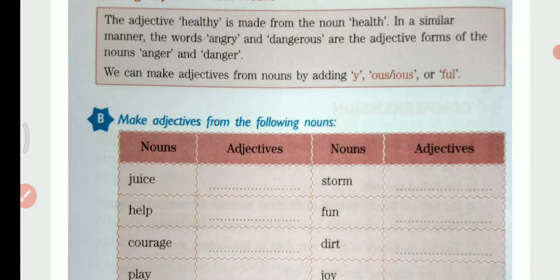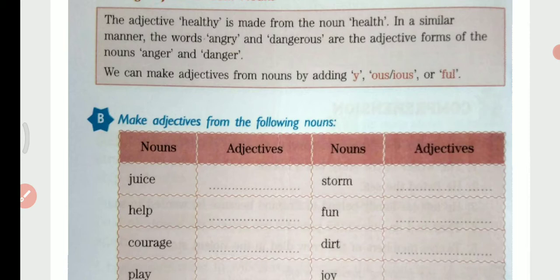See, first of all, what do you mean by an adjective? An adjective is a word that describes a noun. कोई भी ऐसा word जो noun को describe करता है, that refers to an adjective. For example, I have long hair. In this sentence, hair is the noun. Long is the adjective because long is describing my hair. Long ये बता रहा है कि मेरा hair कैसा है, मेरा hair long है. So long is the adjective.